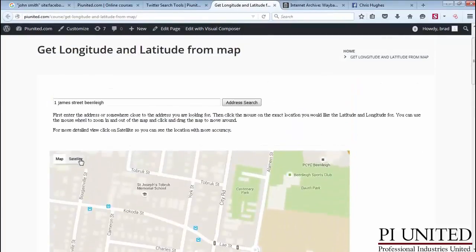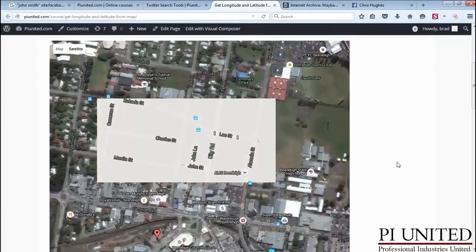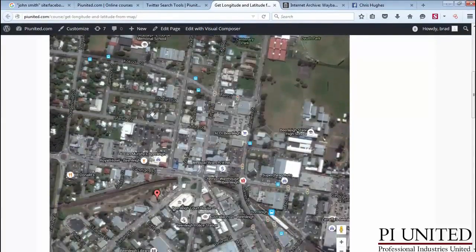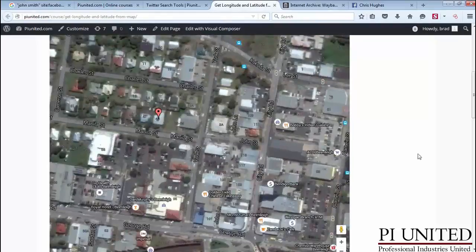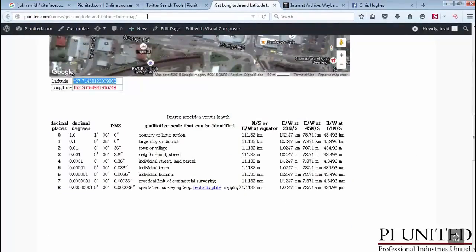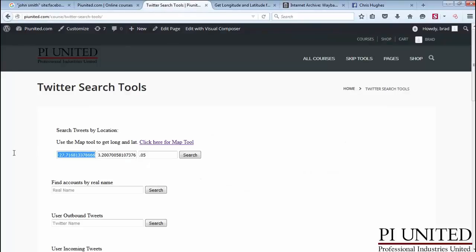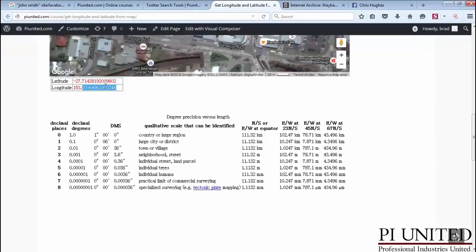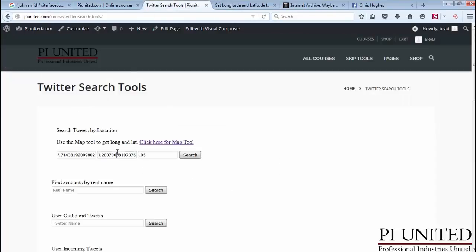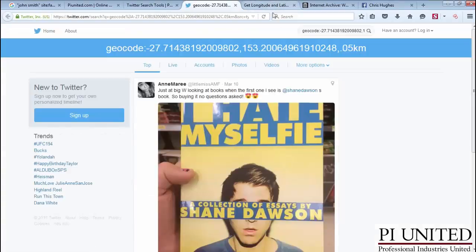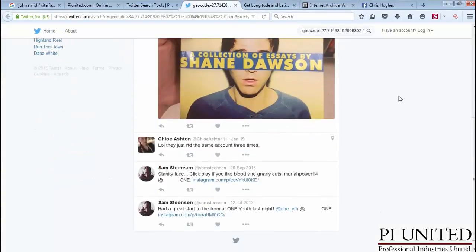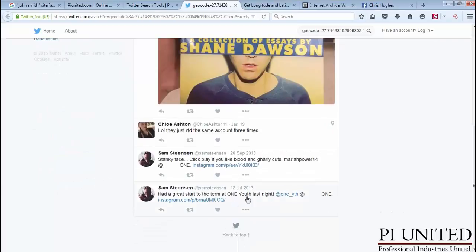Let's go to the satellite view. It's easier to identify what's a house and what's a commercial premises. Alright, so there's some houses here, so let's click on this house and pull over the latitude and grab the longitude. And yeah, we'll say 50-meter radius. So that's within 50 meters of that house. So there's not too many tweets coming from that area, but we've got some tweets from within a 50-meter radius